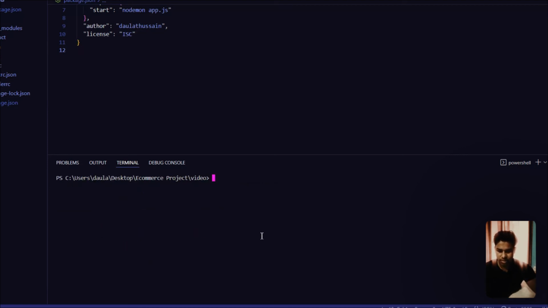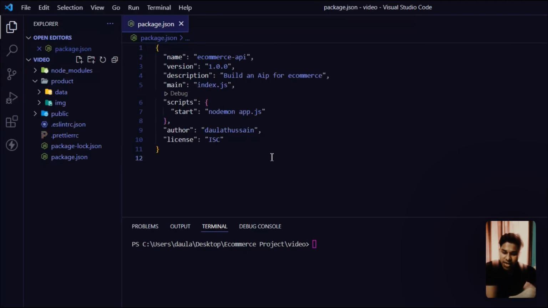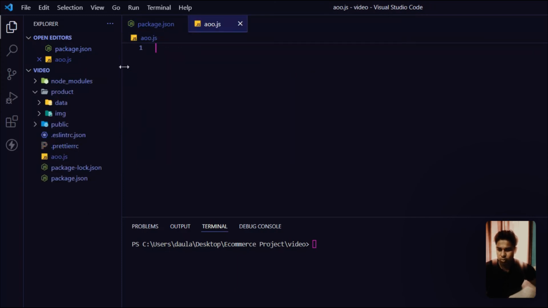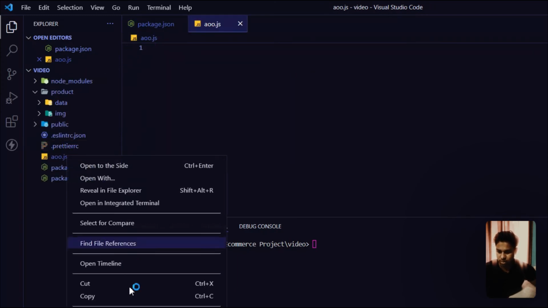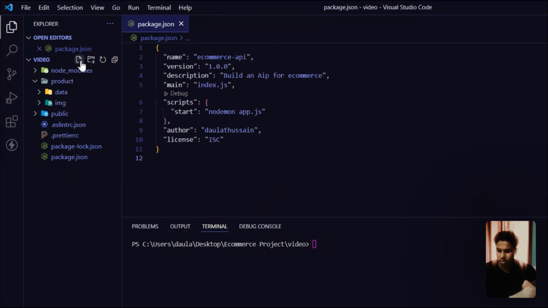I can simply clear this complete terminal, and here I have to create app.js. So this is what I'm specifying as an initialize file. So I'll come here and click here and I will create a new file called app.js, not .ujs. Let me delete this one, select this one, click here and type